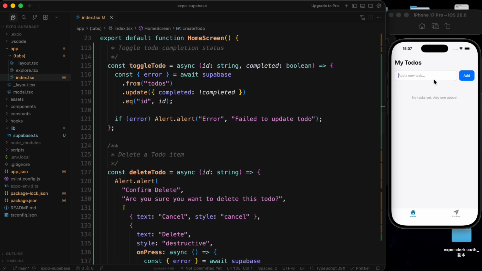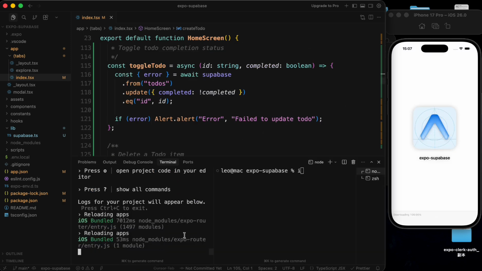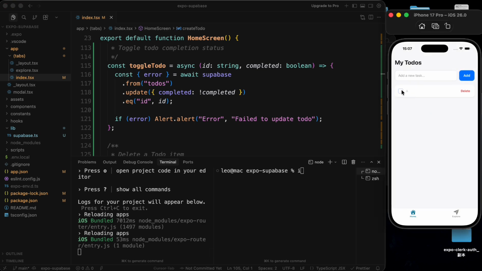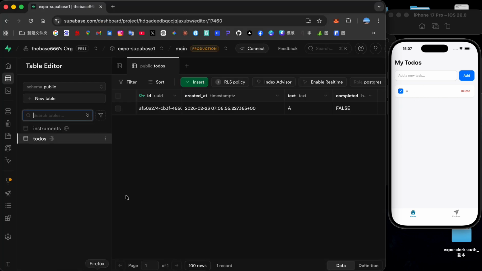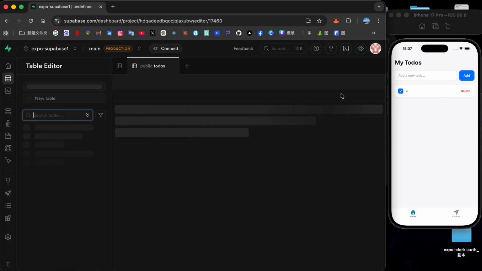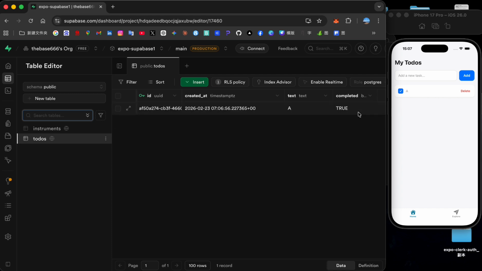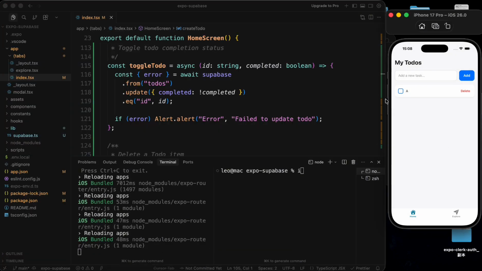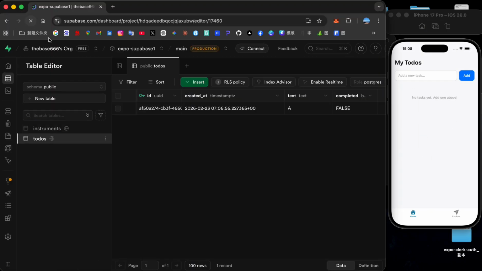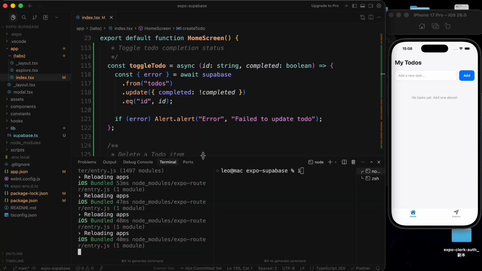And next, toggle to-do. We refresh, we should see this. Refresh. We see this. And click, we toggle this to-do. I think on refresh, it will get this. Okay. And refresh. Completed, true. Yes. And unclick again. Completed false. Okay. And delete. We delete this to-do. Okay. And refresh. And delete. So it works. And then not real-time